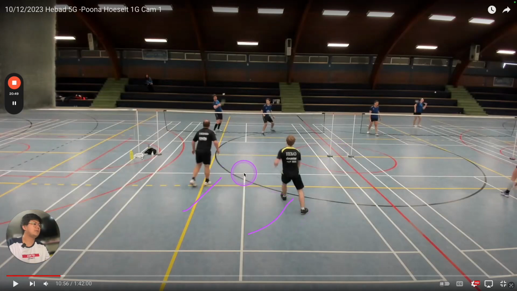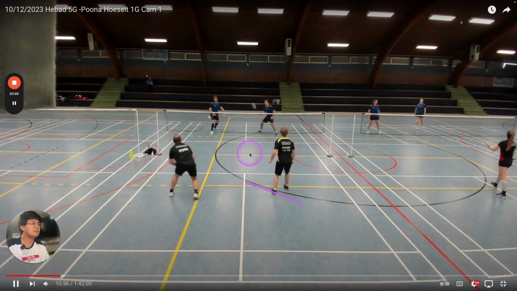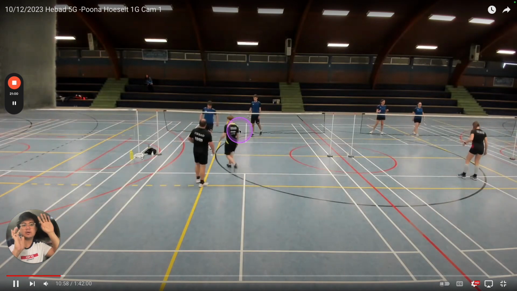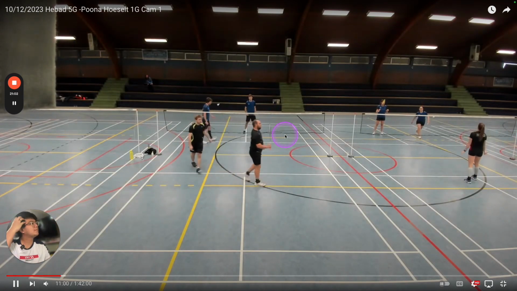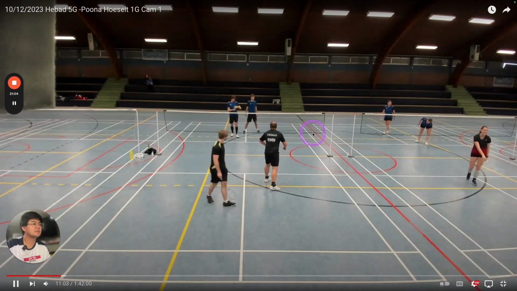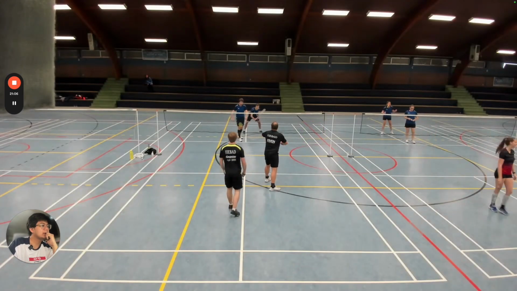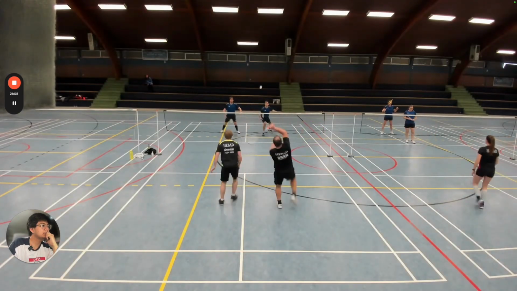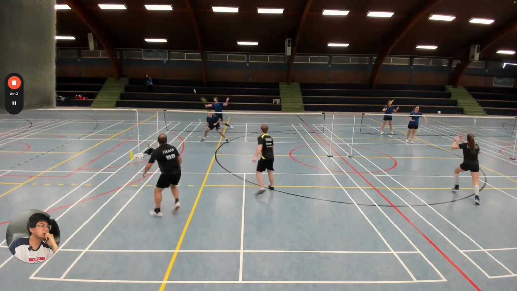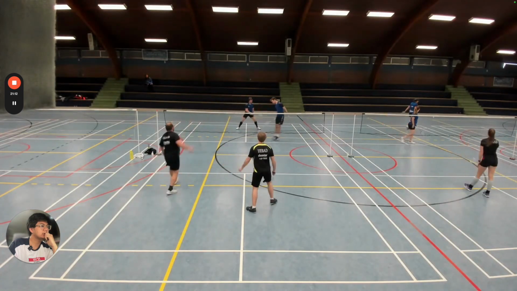He needs to move from here, just diagonal out, and cover the straight, and you need to cover the middle and then the cross, right? Because his racket also needs to be up as well. Nice. Nice.